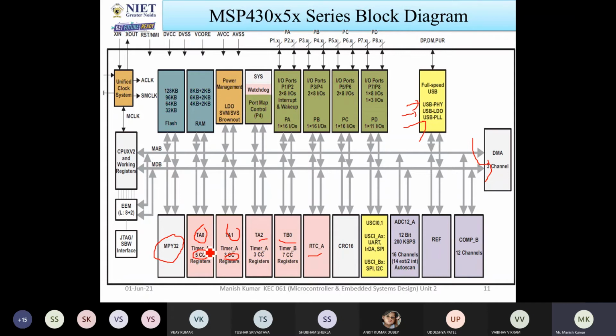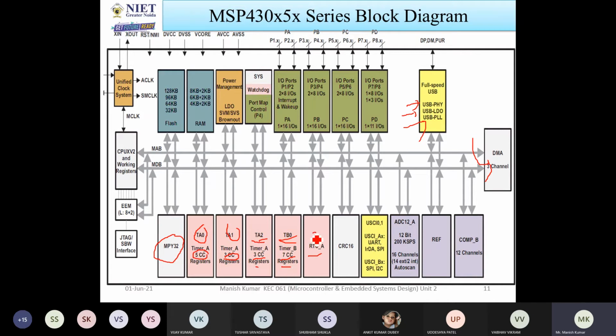Timer 0 has 5 capture compare registers, timer 1 has 3. It also has timer A2, which also has 3 capture compare registers. It also has timer B0, that is timer B, with 7 capture compare registers. So different capture compare registers are available in the different timers. Depending on the application, you can use any timer you want.